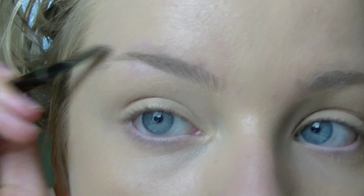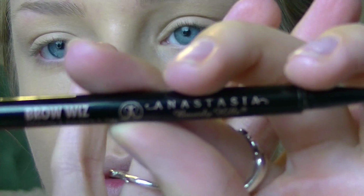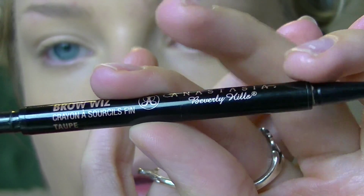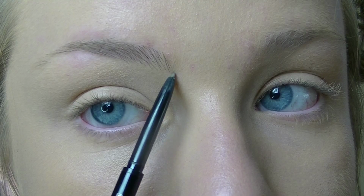Now it's time to fill in the brows. I'm just going to brush through them one more time. And for brow product, I'm just using my Anastasia Brow Wiz in Taupe. This just works best for me. Taupe is pretty much for blondes, but you can use it if you want a lighter brow. But I start at the bottom